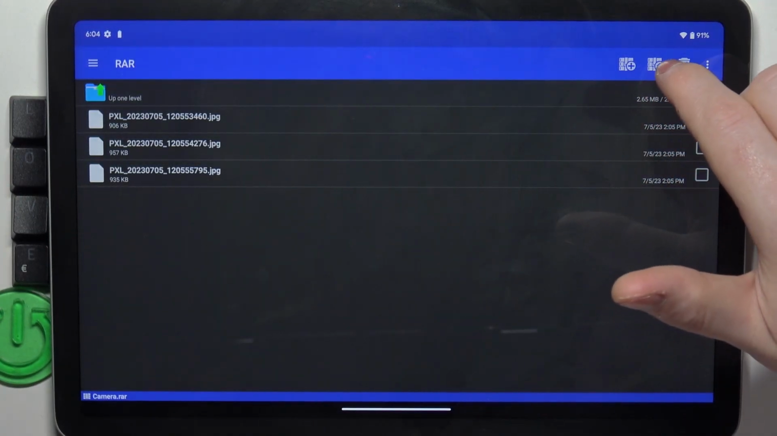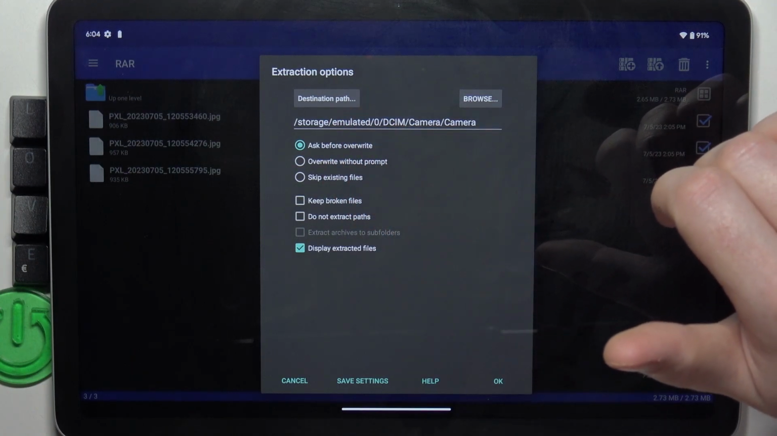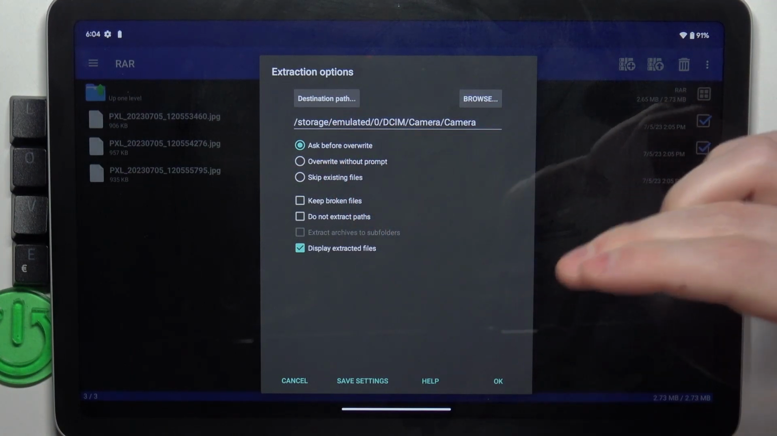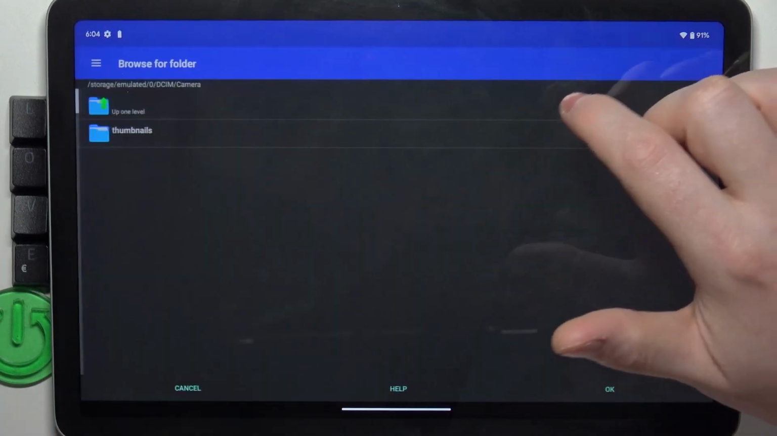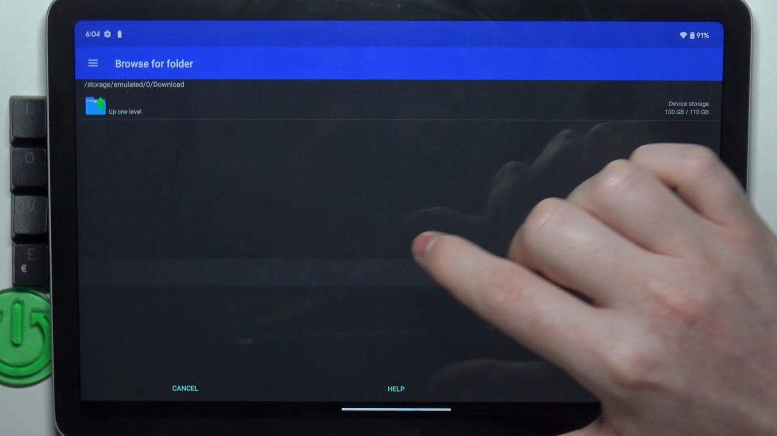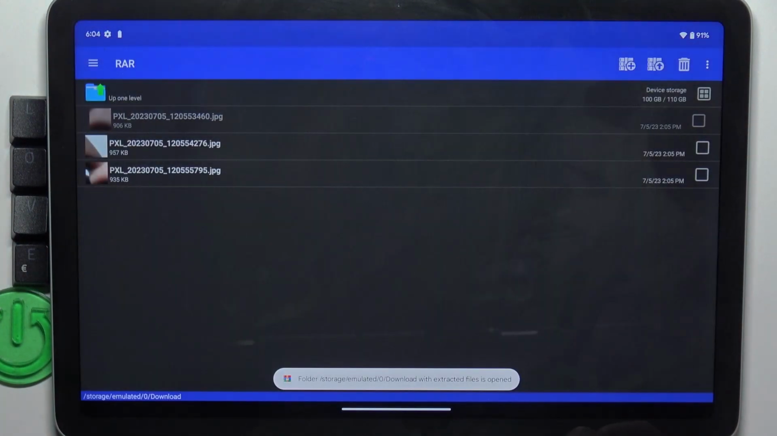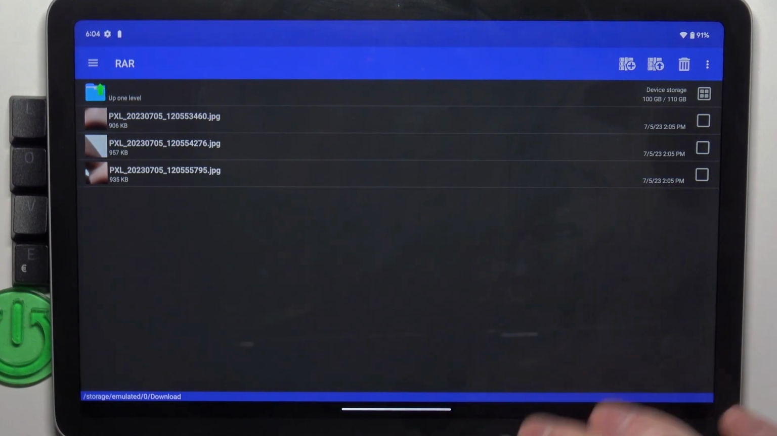Here we can select the arrow pointing up button. You will enter extraction options. You can customize them however you like, but it's not necessary. Select browse to change the destination where the files should go. In this case, let's select downloads folder. Click on OK and then proceed to click on OK again when all of the settings are set and your files will be extracted. And that's it for this